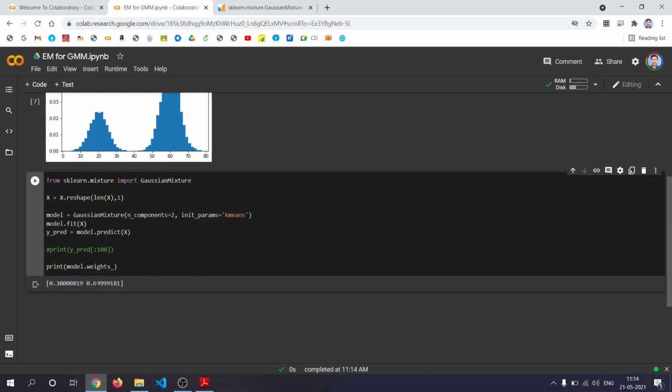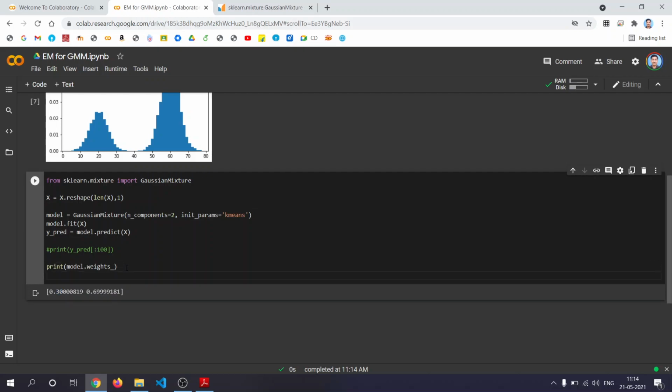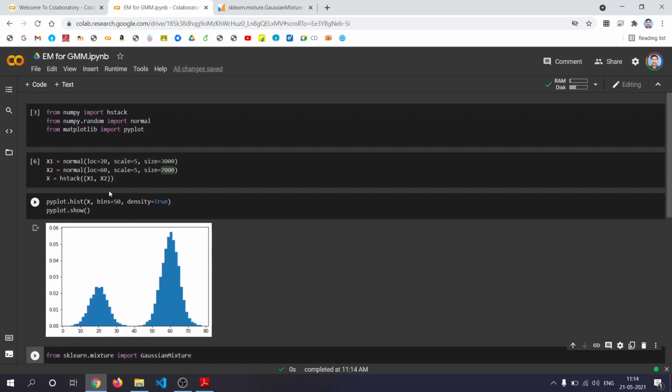Then the other one: print model.means_. Mean values are 60 and 20. That's correct actually.